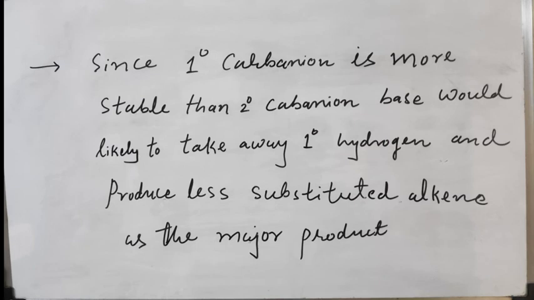So you must remember that in Saytzeff elimination or the Saytzeff rule, the more substituted alkene is favorable, it is obtained as the major product, whereas here the less substituted alkene is obtained as the major product, right? So in case of the Saytzeff rule, it's a haloalkane, and here in case of Hofmann elimination, it's a quaternary ammonium salt. So whenever there is a quaternary ammonium salt and beta elimination, it leads to the less substituted alkene according to the Hofmann rule. Okay.